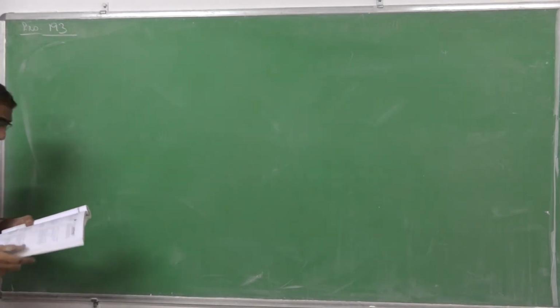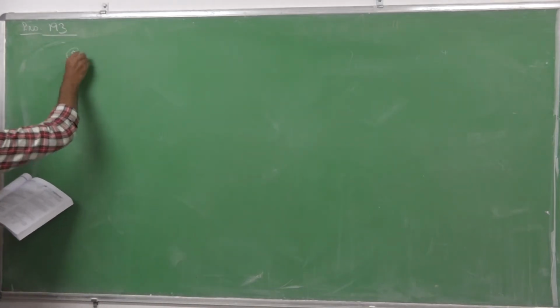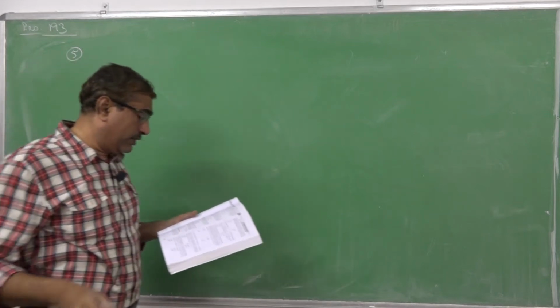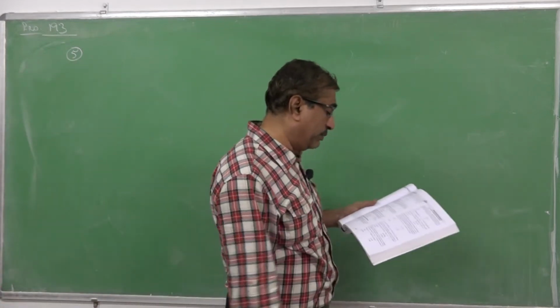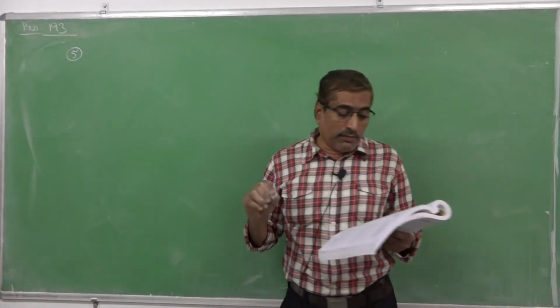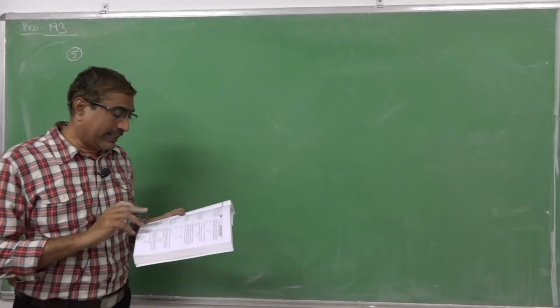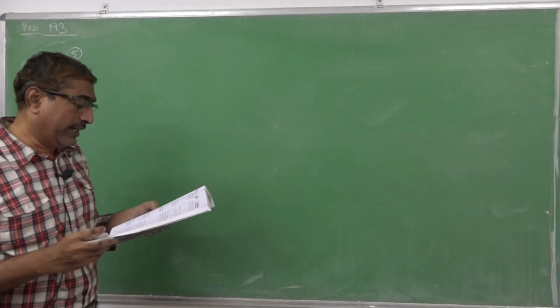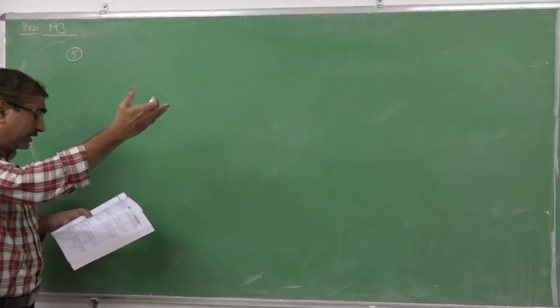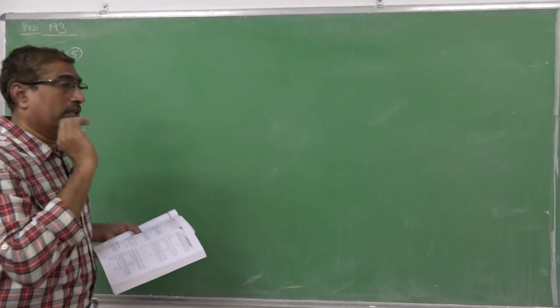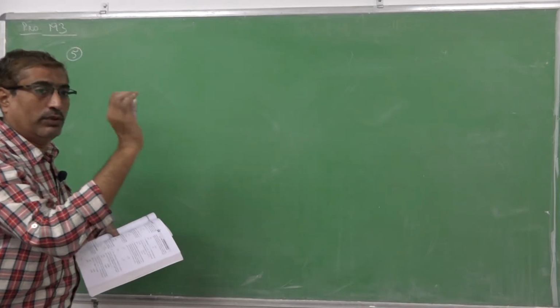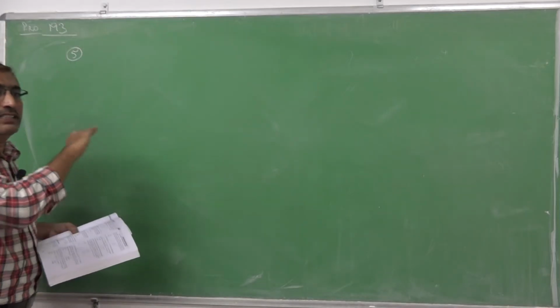Okay, next fifth one. A lead bullet of mass 21 gram traveling at a speed of 100 meter per second comes to rest in a wooden block. No heat is taken away by the wood. The rise in temperature of the bullet is nearly. So this is similar to the third one also, because when the bullet strikes this wooden block, its kinetic energy is converted into thermal energy.